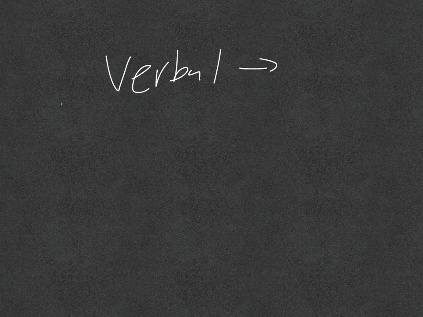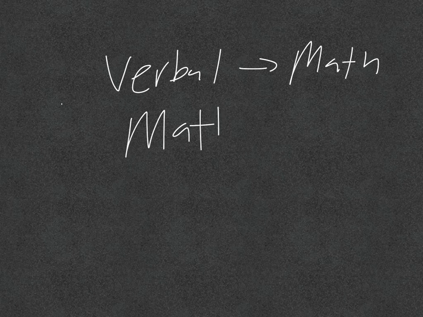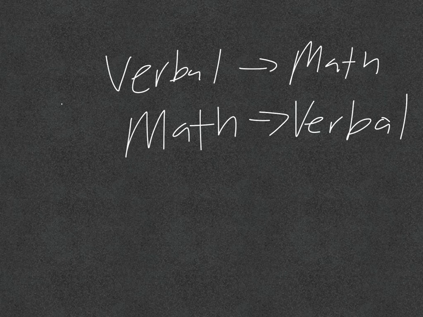Hey guys, I just wanted to take a minute to talk about translating expressions back and forth from verbal to mathematical, and then from mathematical to verbal. So we go from verbal to mathematical, I'm just going to write math, and then from mathematical to verbal. And this is a really important concept for us, especially as we start to do more word problems and things like that. So the first thing we need to look at to be able to do this is what words mean what symbols in algebra, right? So we're going to go to different